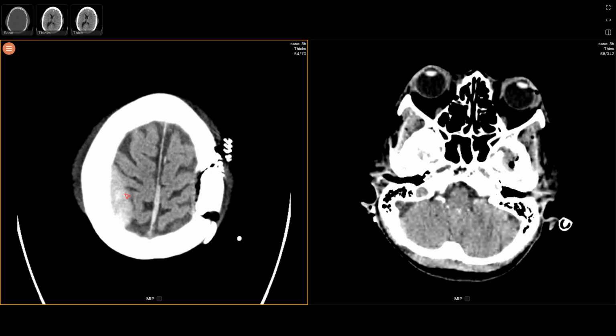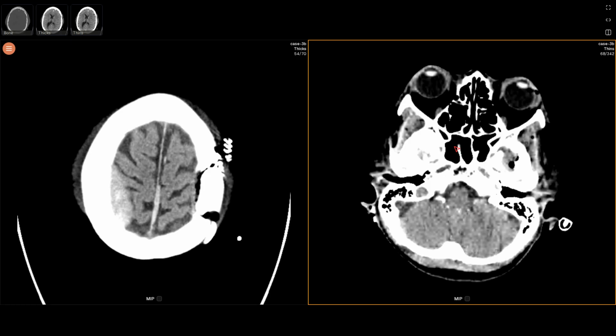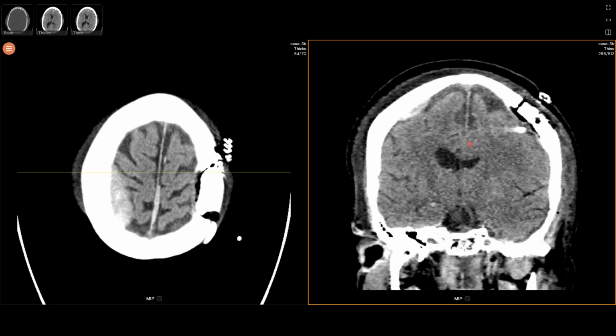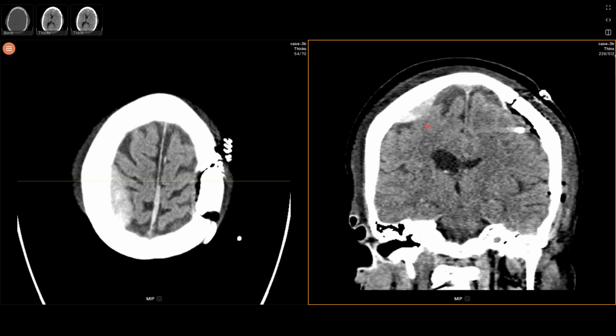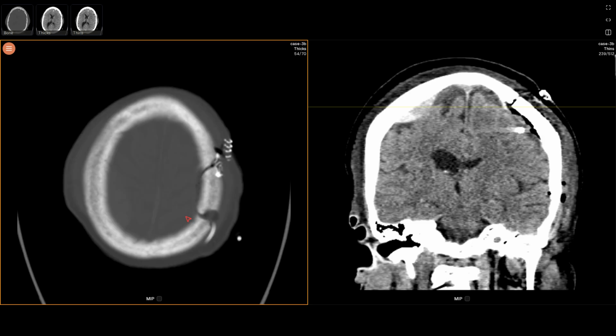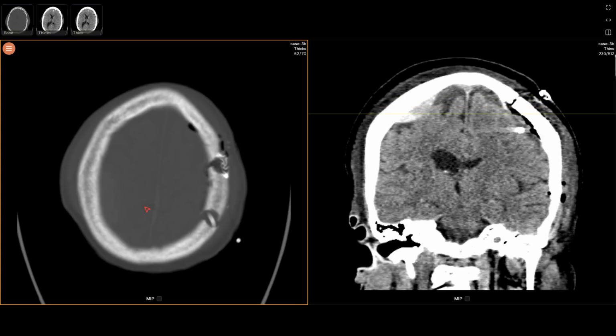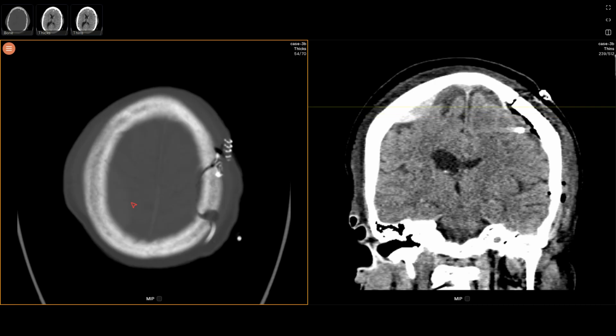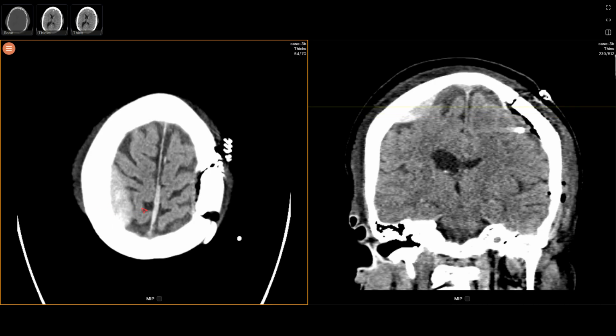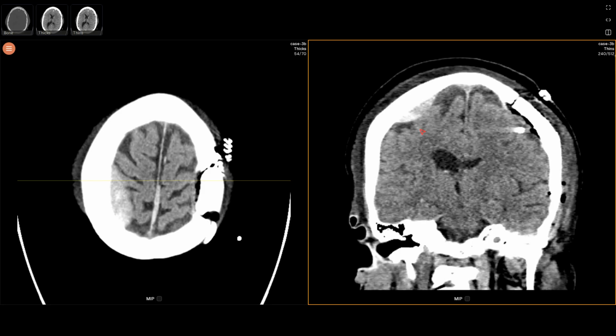Now, the main finding here is this new hematoma that has developed here on the right side. Now, unlike that other hematoma, this one's a little bit lentiform shaped. And actually, when you go to the MPRs and look at this thing on the coronal plane, it's really quite strikingly lentiform in its shape. And that's a feature that you typically see with epidural hematomas. Now, you want to look at your sutures, make sure this thing doesn't cross any sutures, but it's kind of too small at this point to reach any suture, so we can't really rely on that, but it doesn't violate any suture. So if you were to see this, I would argue we should consider this thing to be epidural